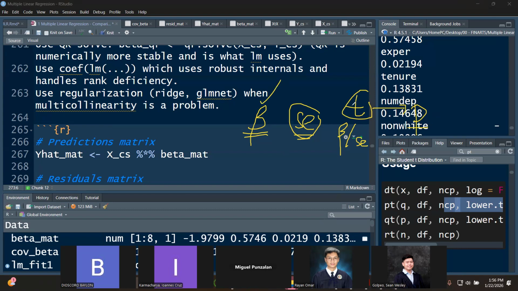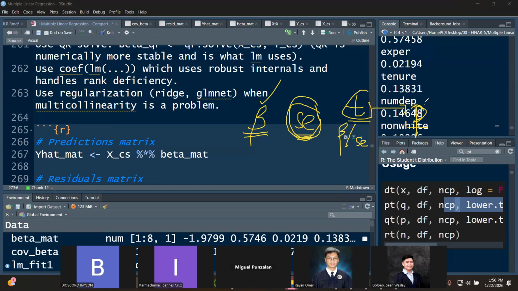We compute for betas, class. We already did this, we already have our beta matrix. We have the values here. And then we need to compute for the standard error. The standard error, class, is used in order to compute for the t-value. So how do we compute for that? The beta divided by the standard error will be your t-value, which will then be used in order to determine